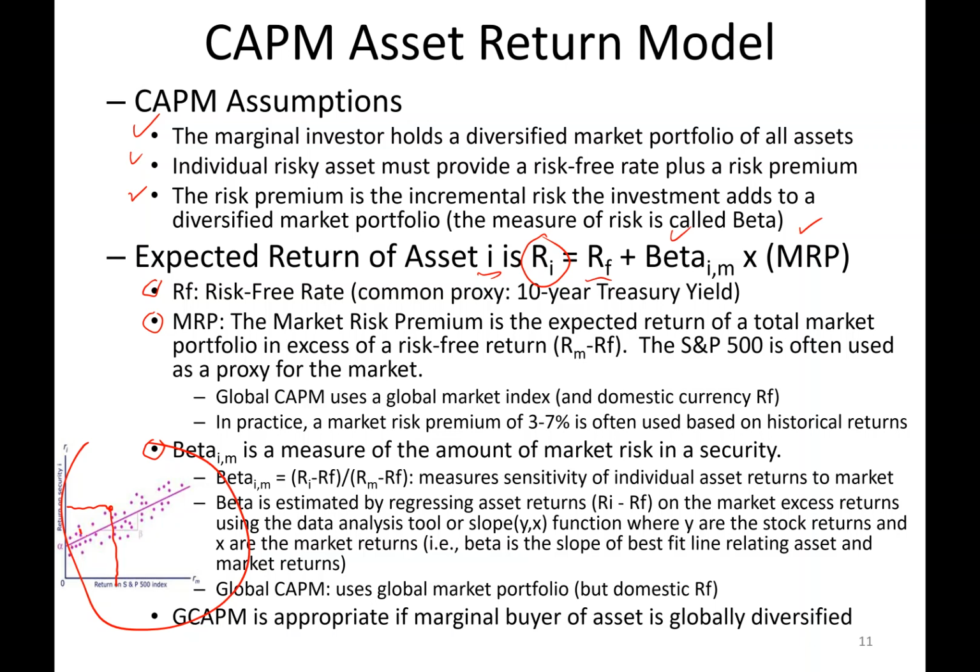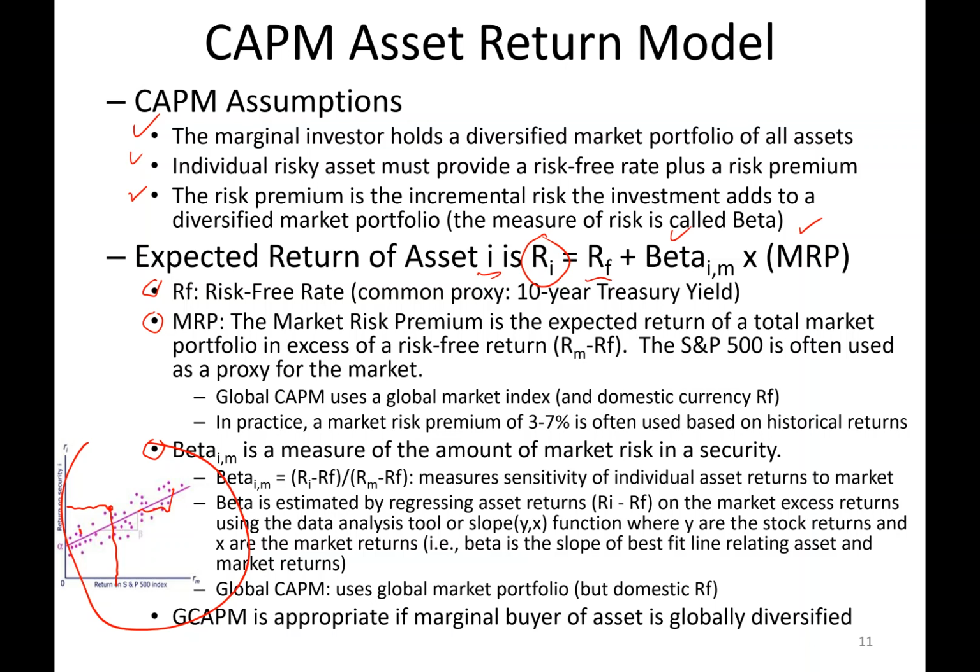When beta is equal to 1, so the slope of this line is equal to 1, that says when the market is up, say 1%, your stock is up 1%. If beta is less than 1, that means your stock has less risk than the market. So for example, if beta were 0.5, when the market's up 1%, your stock tends to be up only 0.5%. And if the market's down 1%, your stock is only down 0.5%. Beta greater than 1 means that your stock is more sensitive to the market, or riskier than the market. A beta of 2 means that if the market is up 1%, your stock could be expected to be up